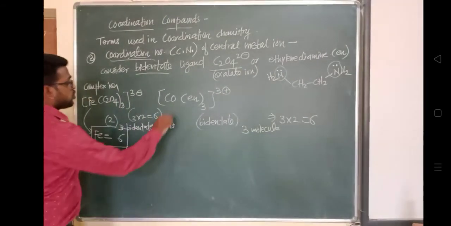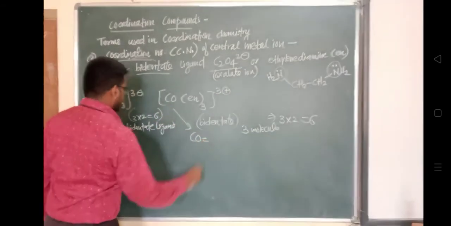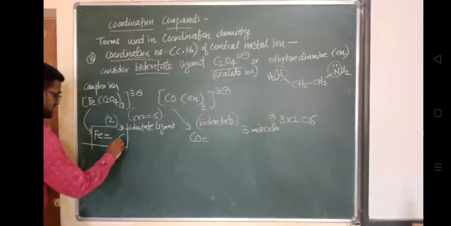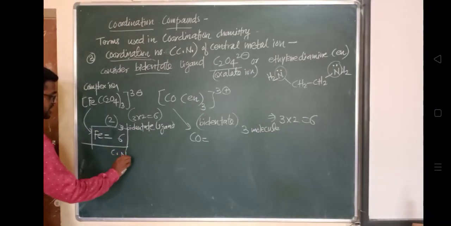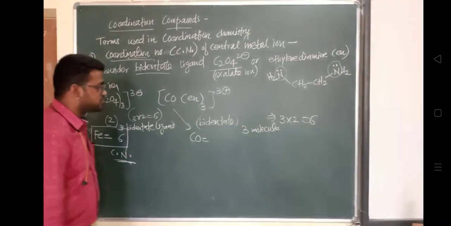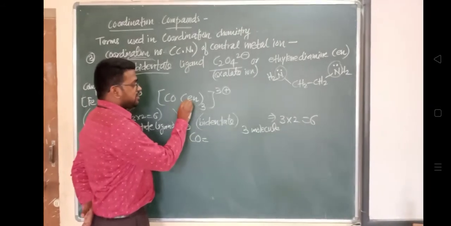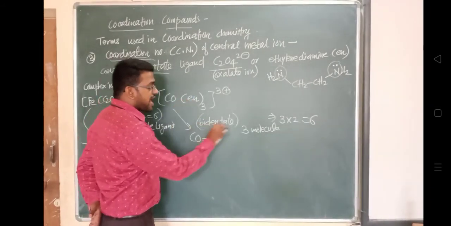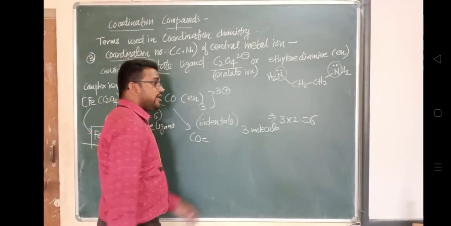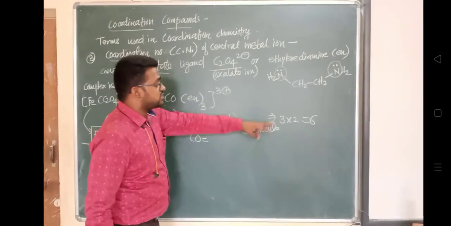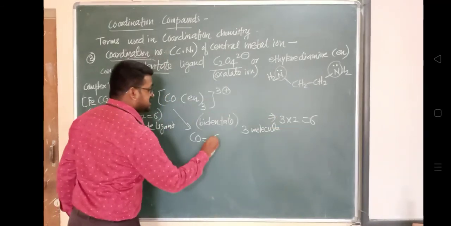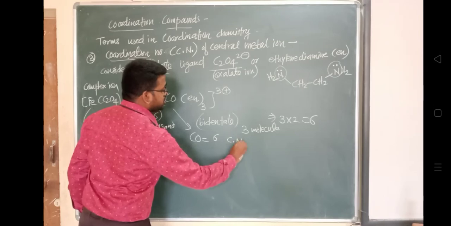Coordination number of a metal ion in a complex is the number of ligand donor atoms directly attached to it, or the number of electron pairs involved in a coordinate bond. So from this we can conclude that it is the number of atoms that are donating electrons. You can see here, it is already bidentate